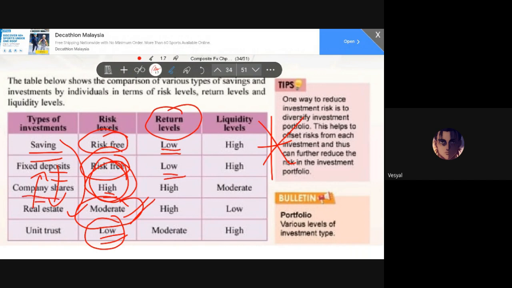Company share is high because if the company performs well, you're going to expect that your number of shares owned will increase a lot. So that's why the return is also higher, because you can own more shares in the company. So real estate return also is high